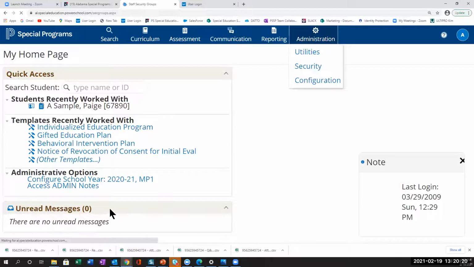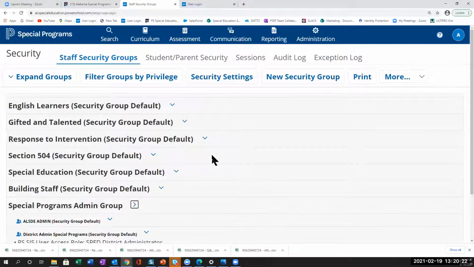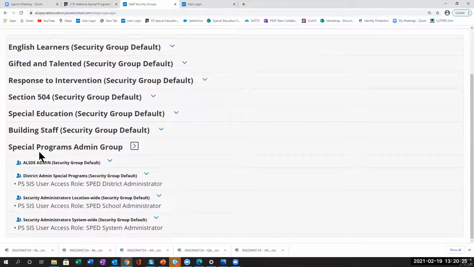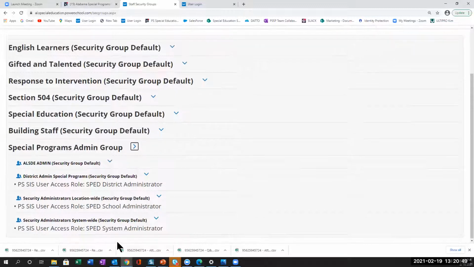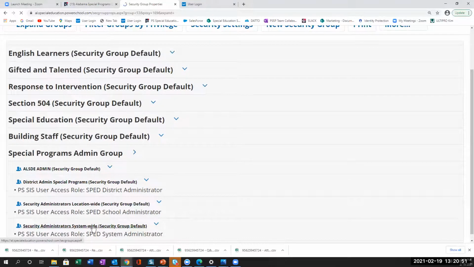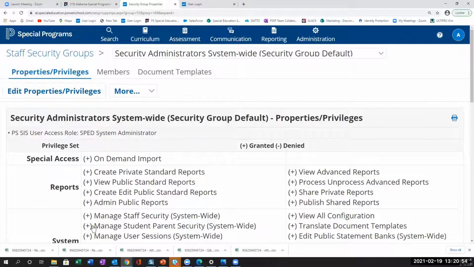Administration security. Come down to the special programs admin group. And I'm going to come down to this security administrators system one, because that is mapped to the SPED system administrator. And that would predominantly be, more than likely, most of you who are that lead in your districts for special programs, maybe that is you. Let's open this up and let's talk about